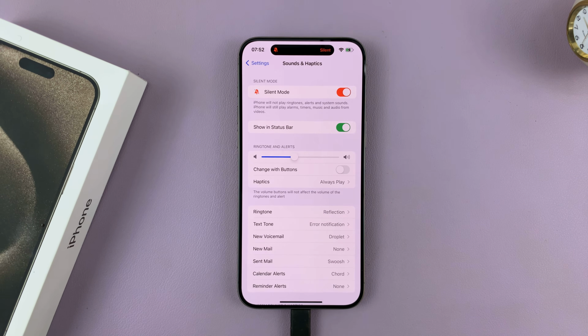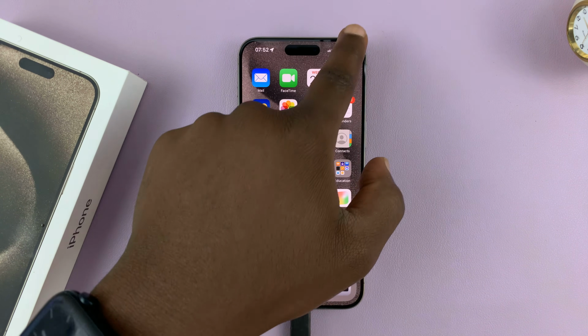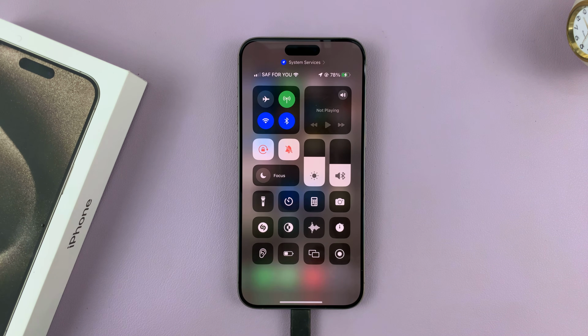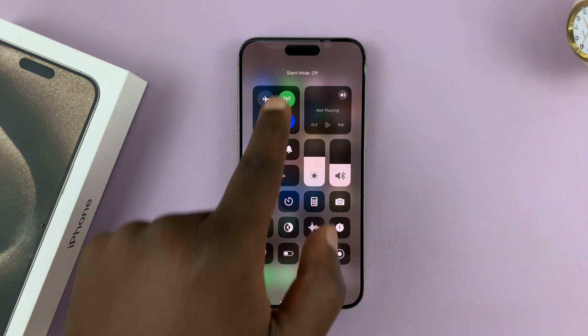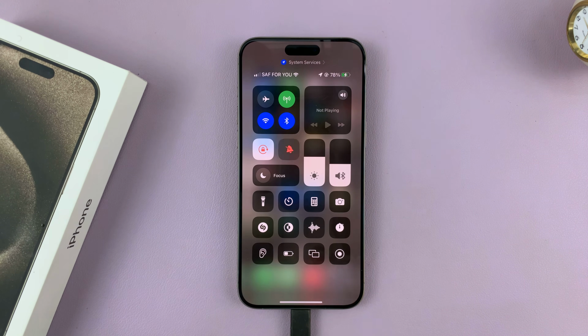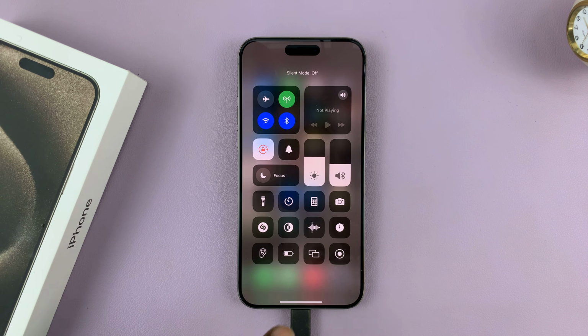All right, now a quicker way to disable silent mode is swiping down from the top right corner of your screen to the control center and turning the silent mode off. You can see it says silent mode off. When it's like that, it's in silent mode. That means silent mode is on, and like that is turning off silent mode so that the incoming calls can